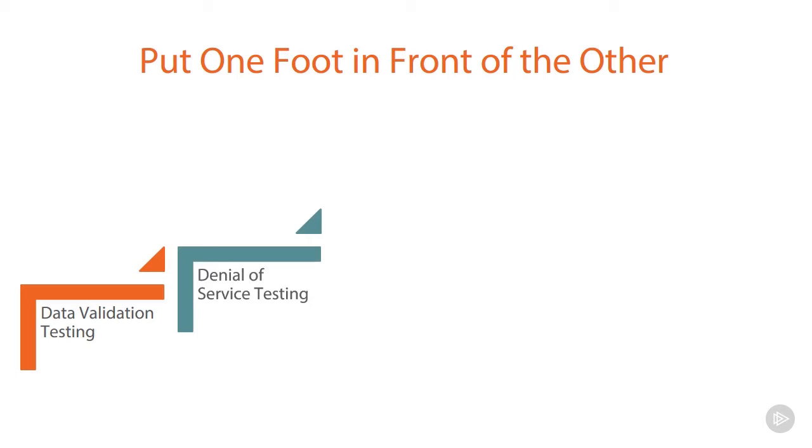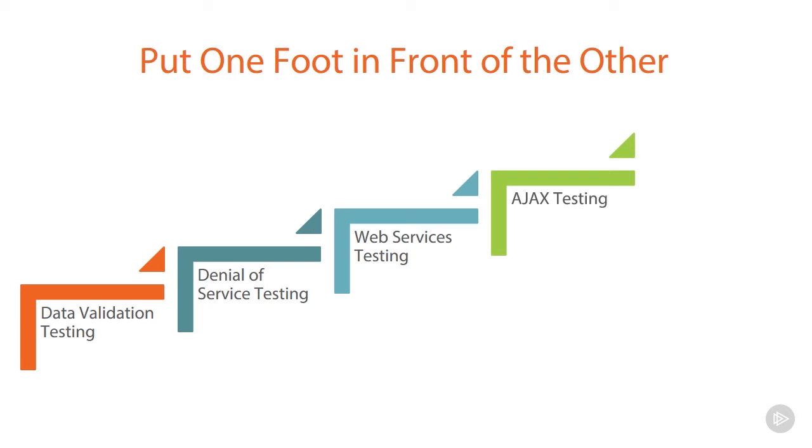We'll also take a look at, obviously, denial of service attacks that can be launched against these types of applications. We'll then look at the web services and test them to make sure that they're not opening up any attack vectors for us. And then, of course, we'll also quickly take a look at some AJAX testing. And then you guys know the drill. After we've done all this testing, the last thing we're going to do is document